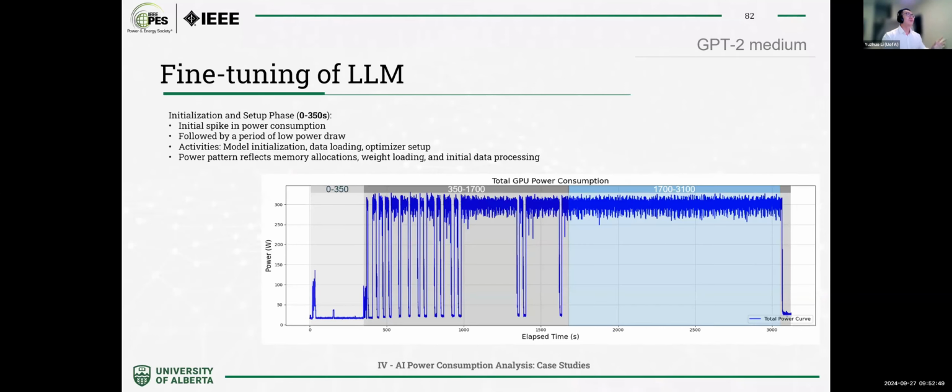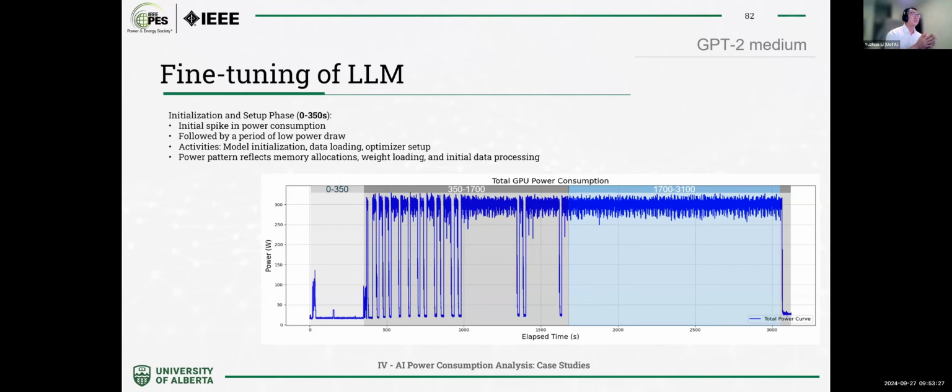So next, we also do this fine-tuning test for the LLM. It shows really interesting different stages, even within this fine-tuning process. We can basically decompose this process. I should highlight this: this is very algorithm-determined behavior. So if you try a different algorithm for fine-tuning or even for training, you will have a completely different power consumption somehow. Well, let's go back to this case.